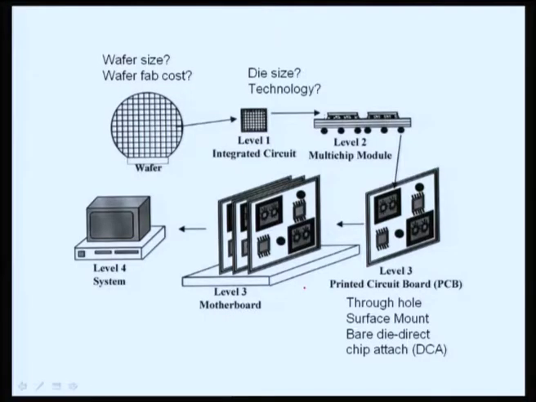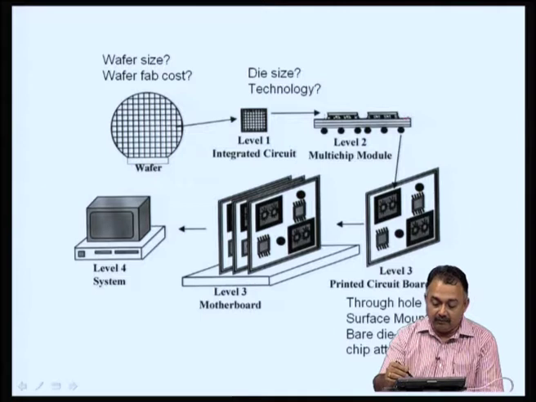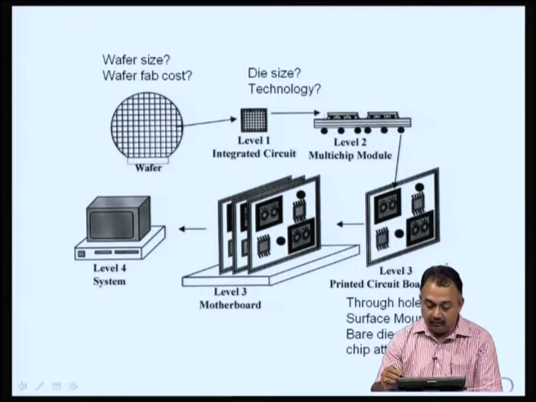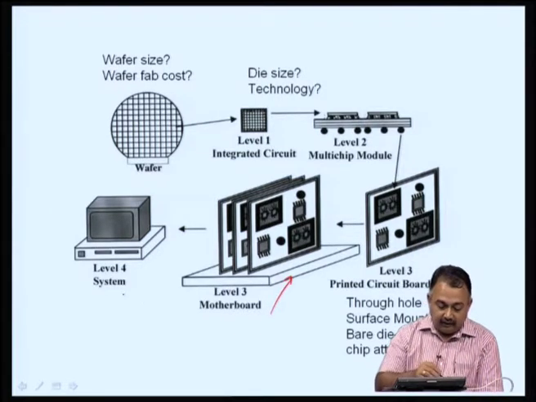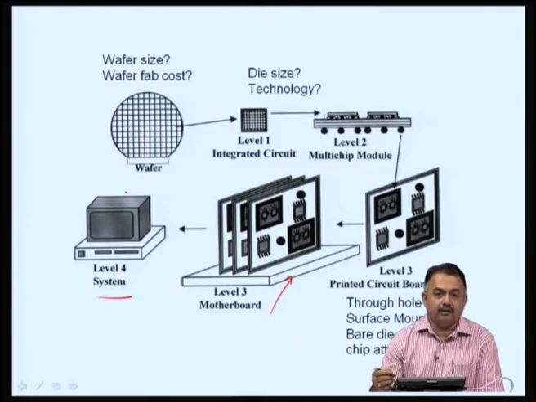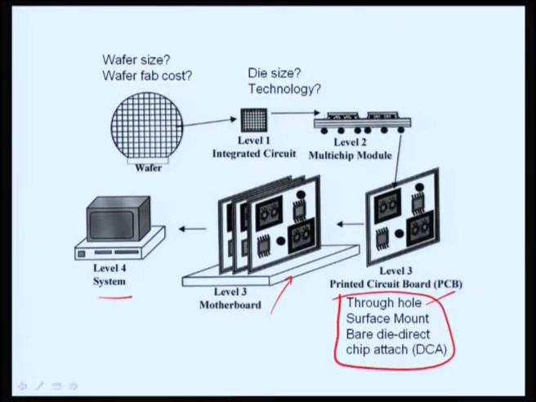So, this figure represents what we have just discussed. From wafer to level 1, level 2 multi chip module, level 3 printed circuit board, level 3 is a set of cards which forms the motherboard, and level 4 is your system. Your system can be a mobile phone, it can be a PC, it can be a laptop, it can be a camcorder, whatever. Okay. So, in PCB printed circuit board, we are going to look at various technologies like through hole technology, surface mount technology, direct chip attach methodology, and there will be opportunities for me to show some tutorials and some video clips on each of these